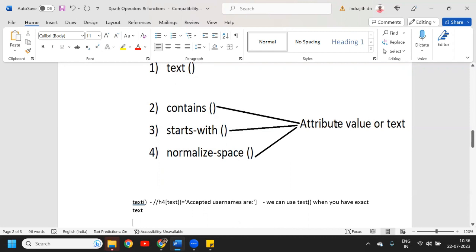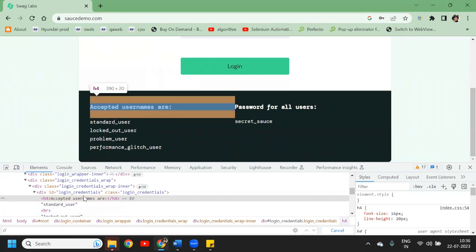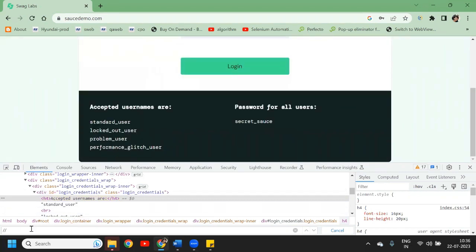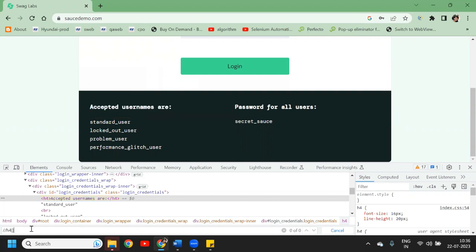Let me show you contains first. How to find an element by using contains? Let me write double slash, then the tag name, that is h4, and then here I will write